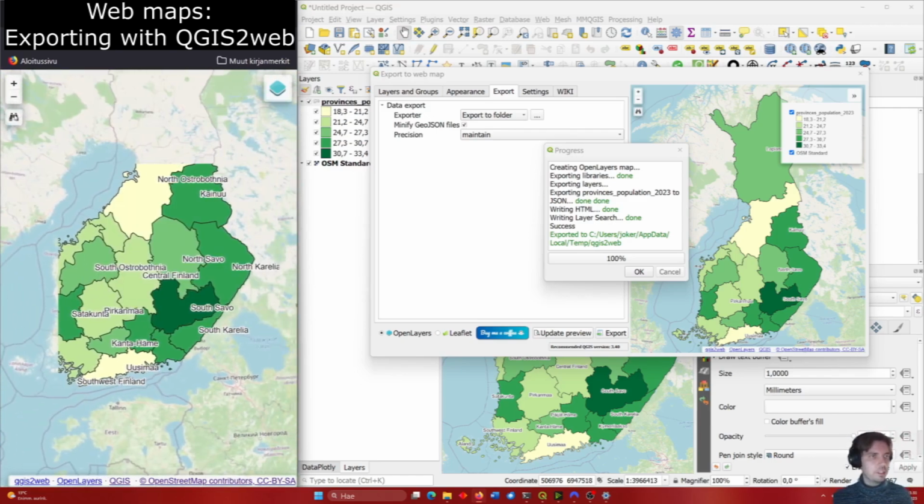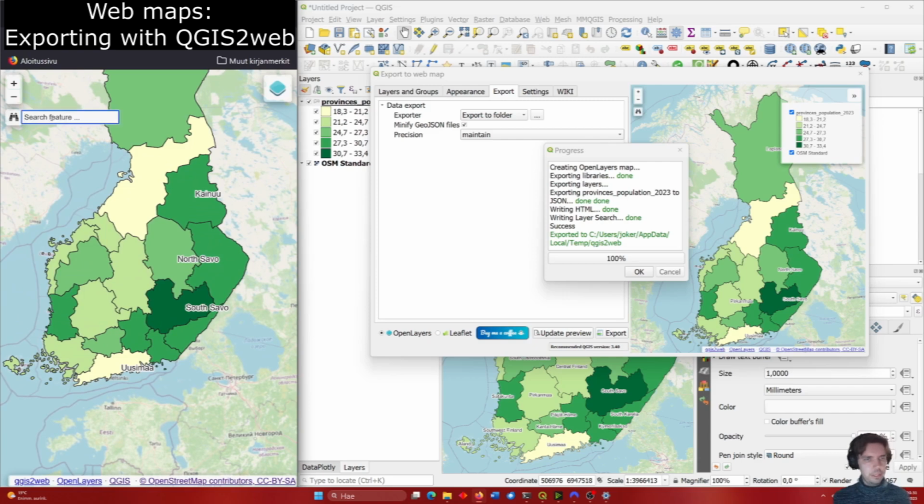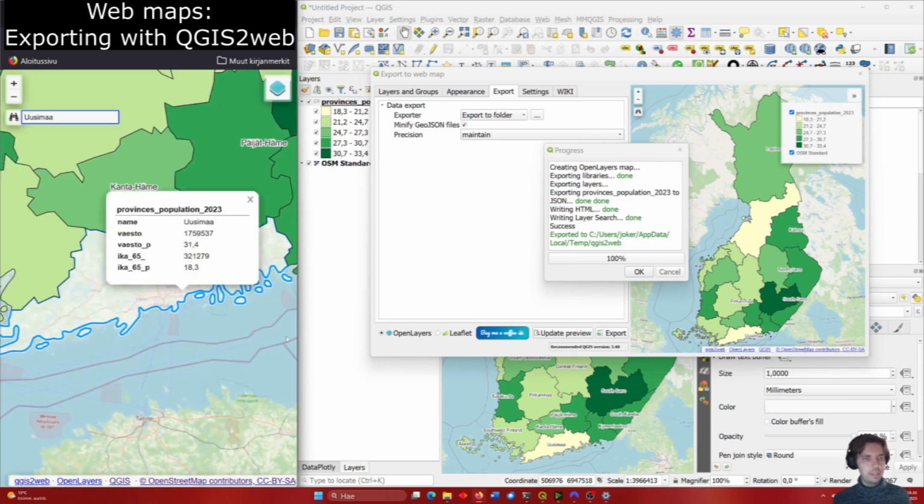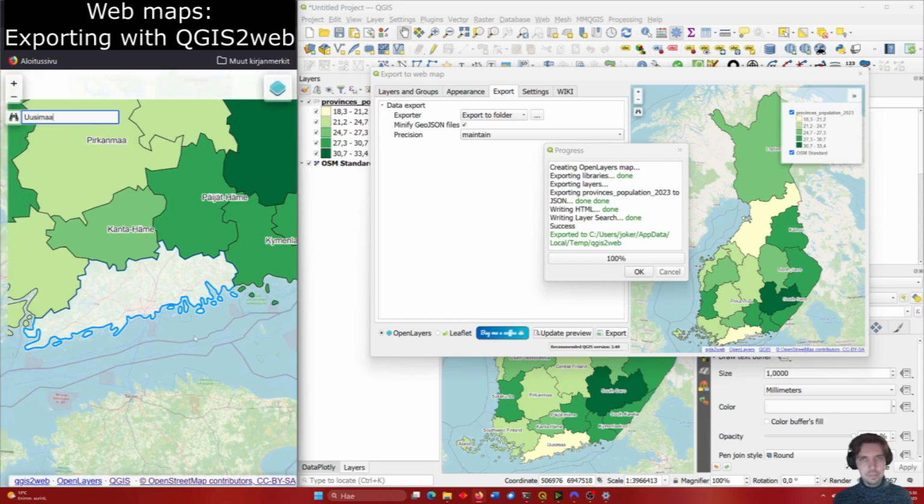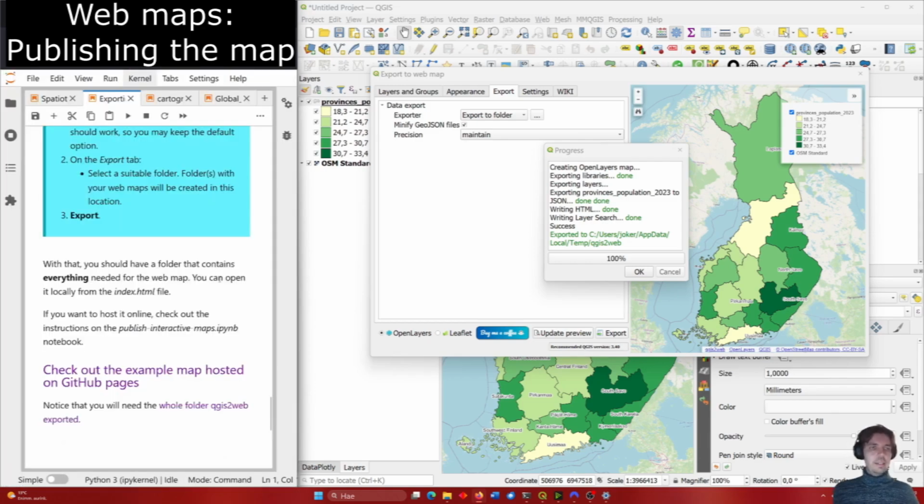And now you have everything. For example, we set up this search feature. We set that on this field name. So we could, for example, search Uusimaa and then you'll find it. And still a few things. If you want to publish it,